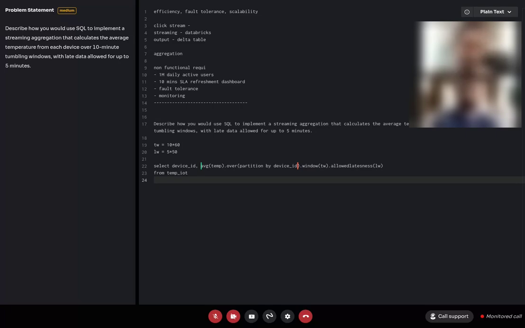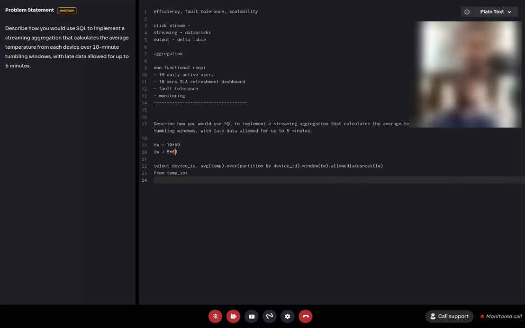So yeah, partitioning based on the device ID, and then using a window, where I have defined the window in seconds, like 10 minutes multiplied by 60. And in Flink they have allowed lateness, which I'm using for 5 minutes.